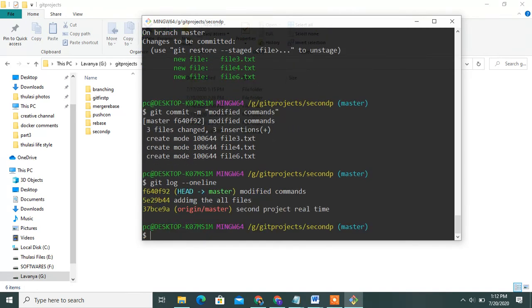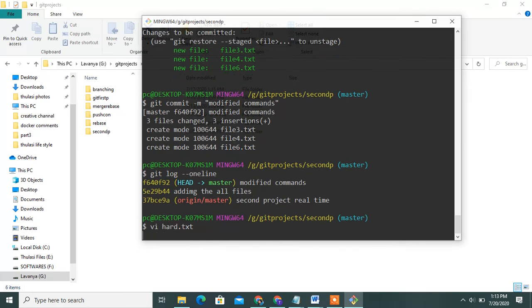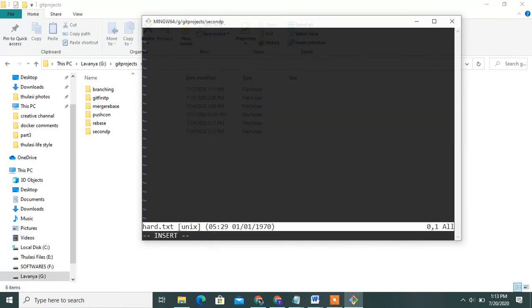Okay guys, understanding what is what, then using hard. What is the use of the hard command also? I will create one file.